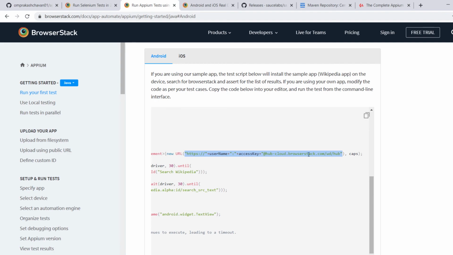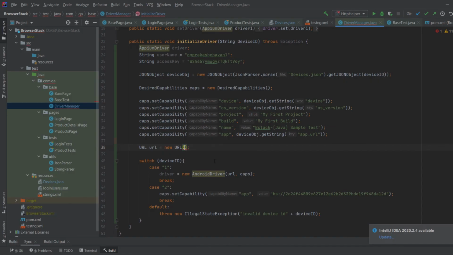So let us just copy this and then paste it over here like this. We have already defined the variables for username and the access key, and these are the values. This way BrowserStack can uniquely identify for which account they are getting the request, and then they can use that information to authorize the account in order to use the Appium server.